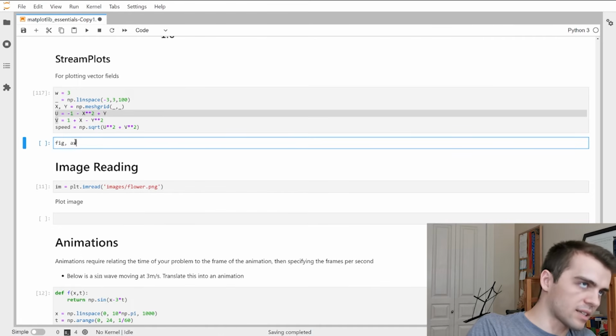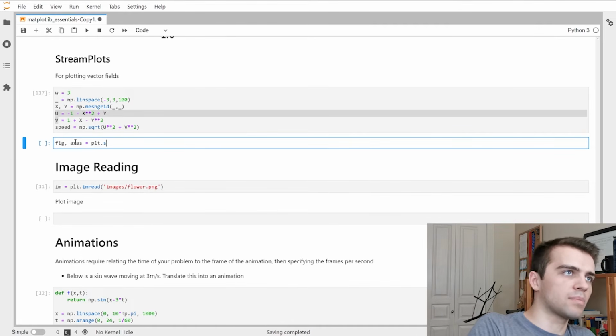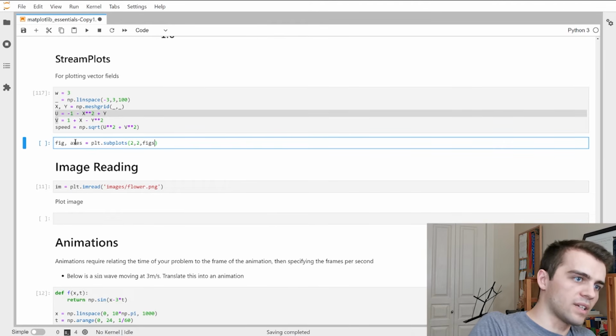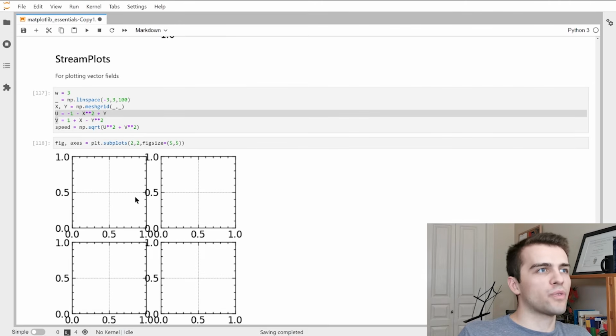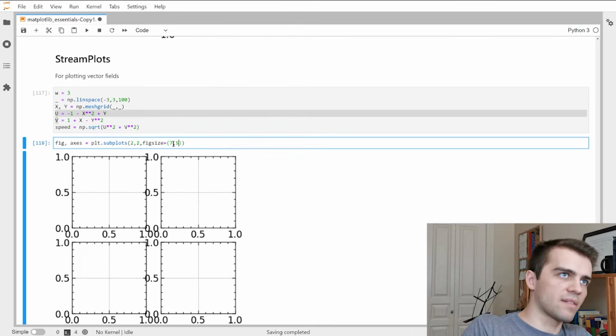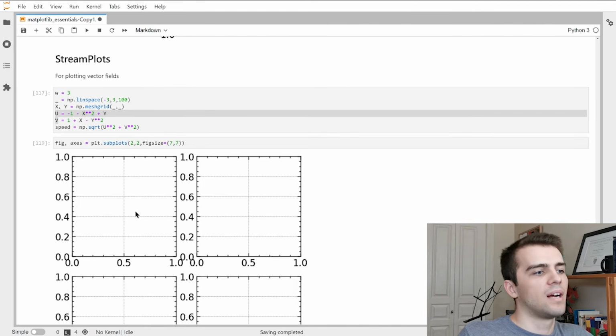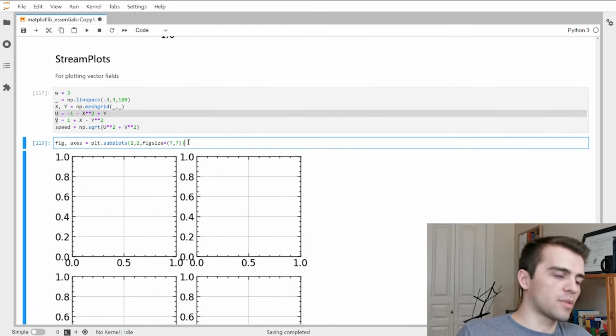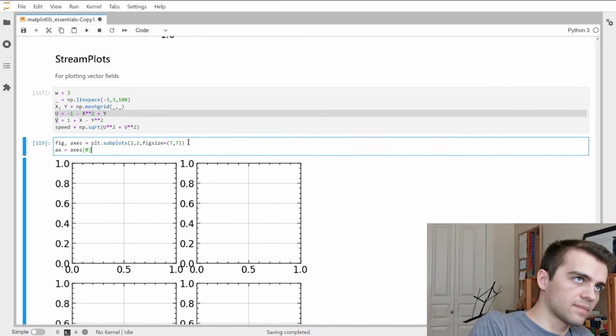So fig, axes is equal to plt.subplots. I'm going to make it 2x2 and figsize is 5x5. So I'm going to do a different thing in every one of these little axes here. I'm going to make it actually 7x7. So the first thing I'll do is start with my first axis, and I'm just going to use the regular